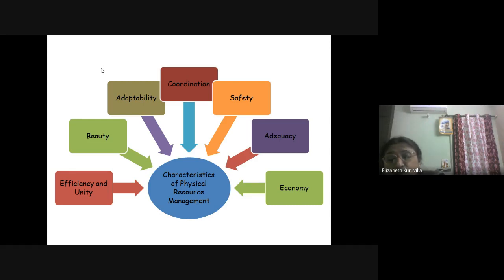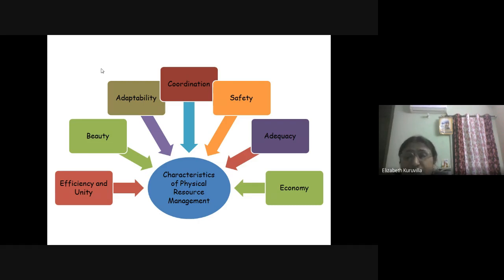That is for the schools which have windows. Then comes adequacy. A school must possess adequately all the facilities necessary for carrying out the different types of co-curricular and curricular activities. So here we can see that adequacy is an important thing, whether all the facilities necessary are there, not only for the curricular activities, because co-curricular is also becoming important.